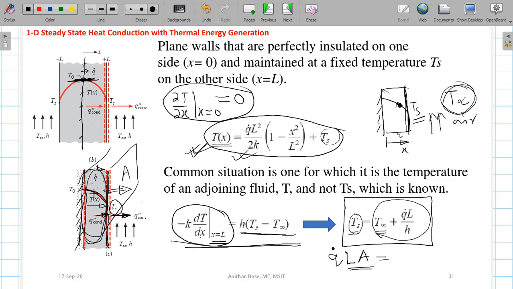The same heat has to go outside through convection, and the convective area is this A, and the convective heat transfer coefficient is h, into Ts minus T infinity. You see again A will cancel and you will get the same relationship between Ts and T infinity. So either you can use this way, or you can use this steady state condition. You will get the same result, or the relationship between Ts and T infinity.